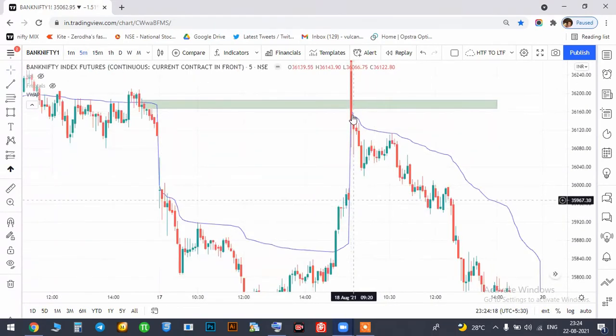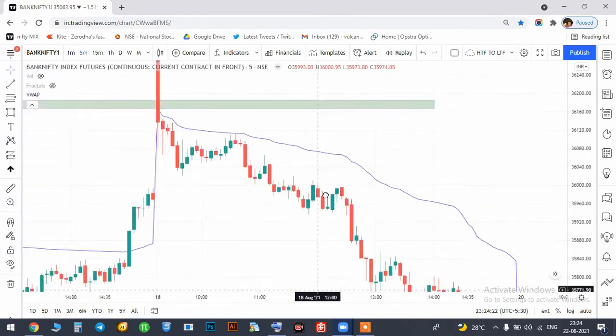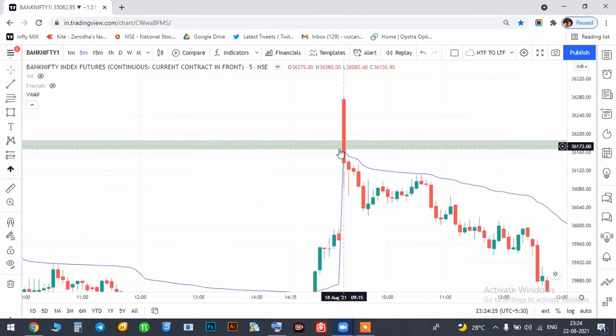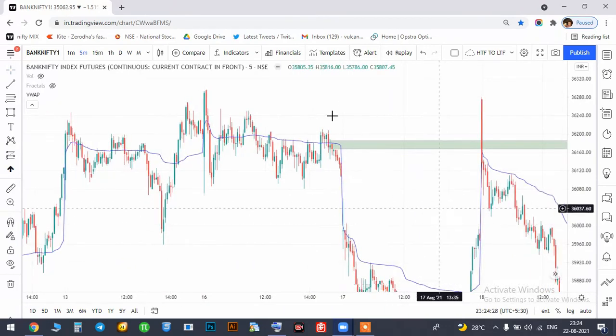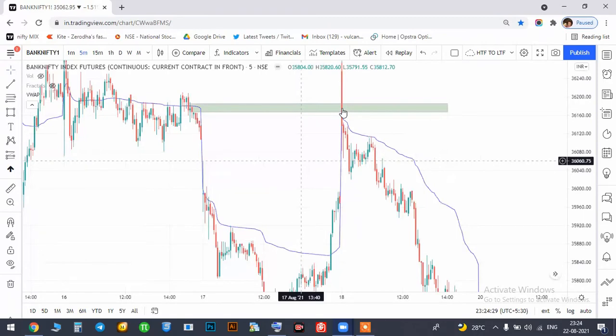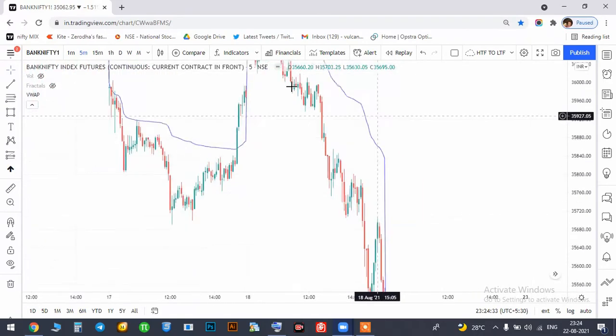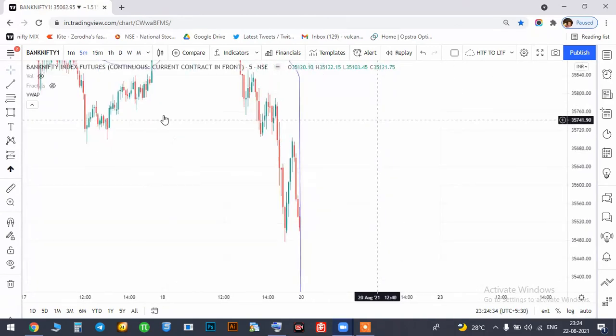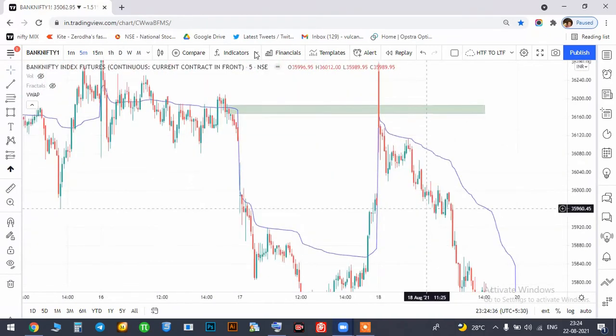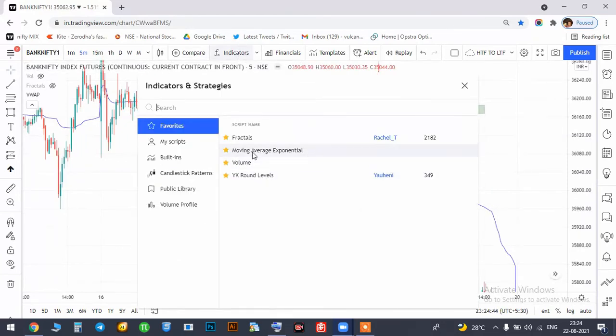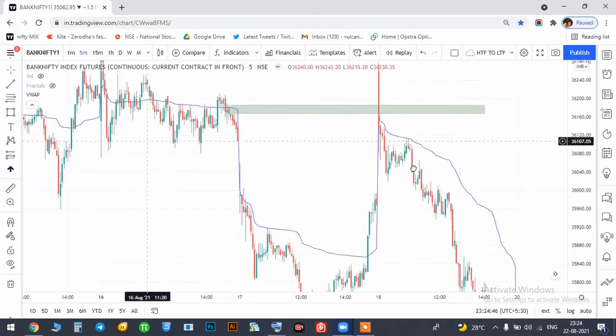What are you doing here? Am I above VWAP or below VWAP? Below VWAP. Here, it's above VWAP. So what will the retail trader do? They will buy. And the market maker will sell. So who is in profit? The market maker. I will teach all these indicators, because there are too many indicators. If I start teaching this, it will take a whole year.